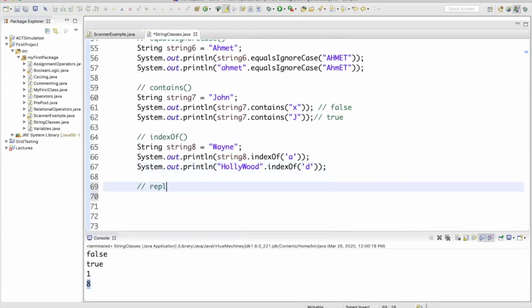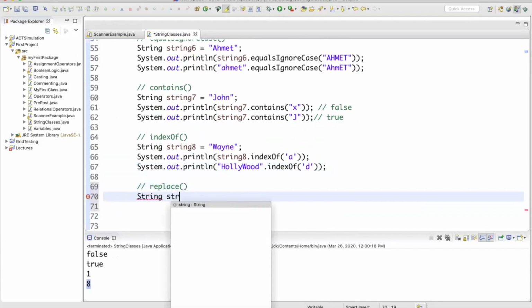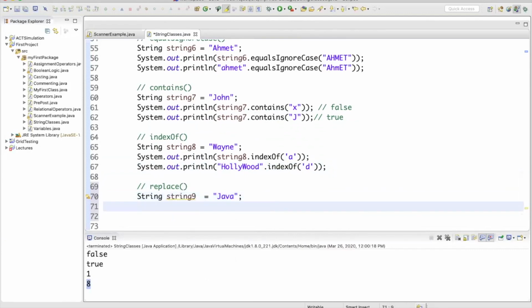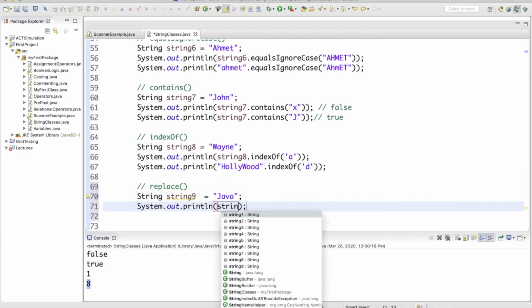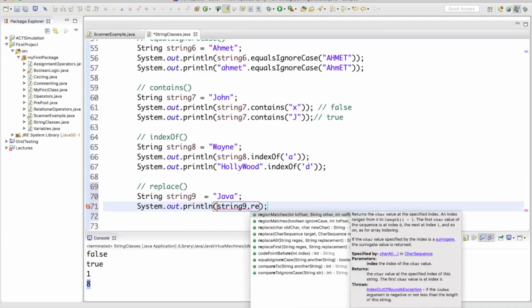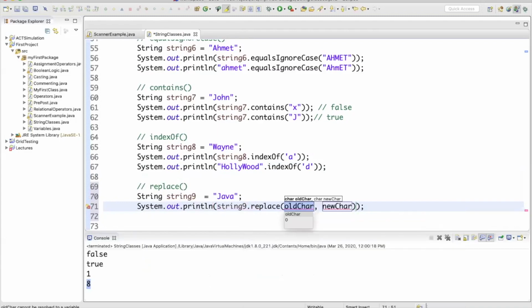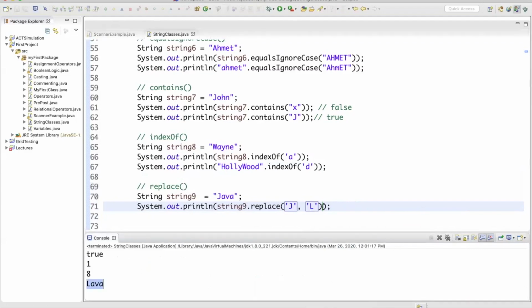Another method, which I believe is a very important method, is replace. I'll create a variable string9 equals "Java", and using this replace method we will replace some specific characters with some other specific characters. What do I mean by that? Println method string9.replace. The old character and new character are my parameters. I will replace all the J's with L. So all the capital J's are going to be replaced by capital L, and I will see "Lava" in the